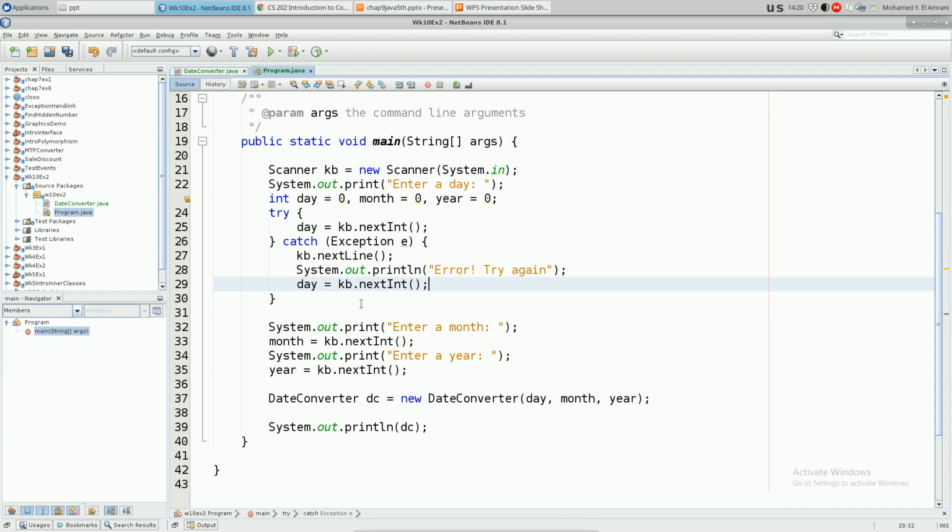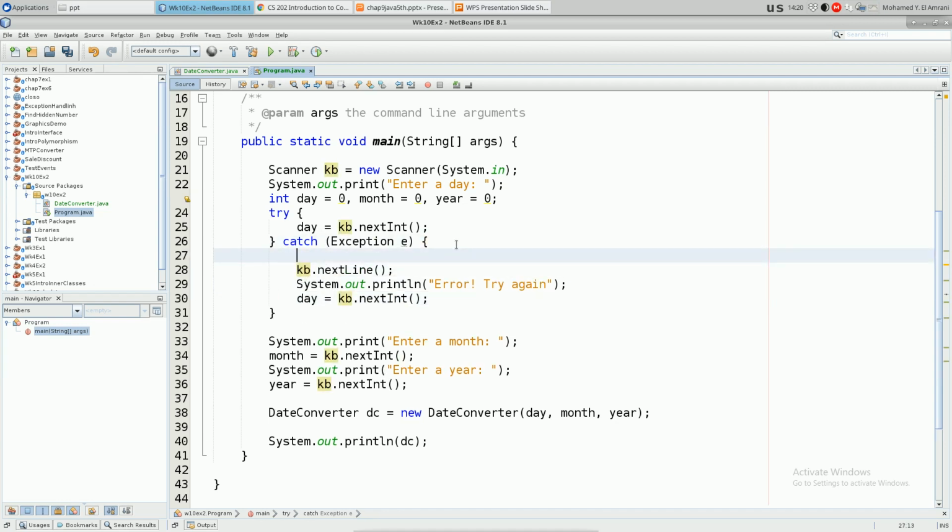Maybe we put a loop in the catch, and if it's a letter or above the numbers you want, it will restart again. How? How to make it restart again? How are you using the loop? Which loop? When does the loop start? Inside the catch. Inside the catch we have a loop. Okay, here's the loop. Sorry, while. While what? While day